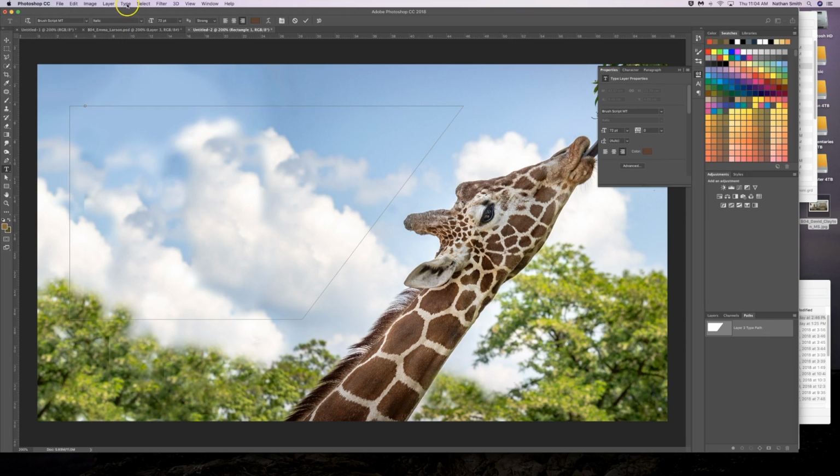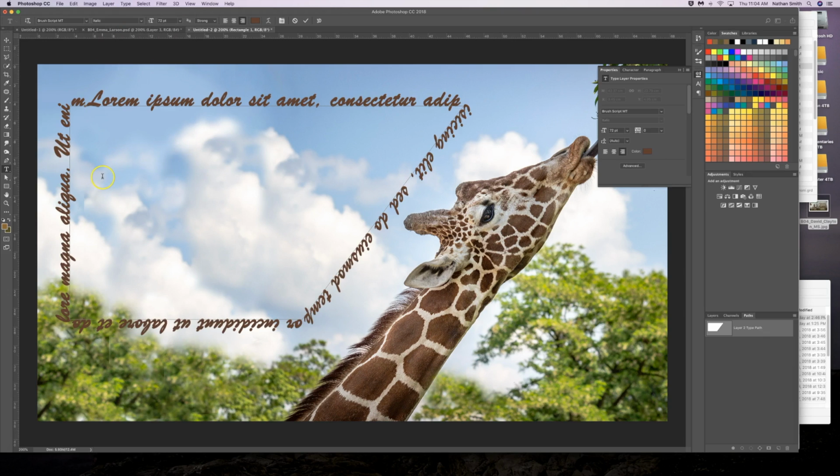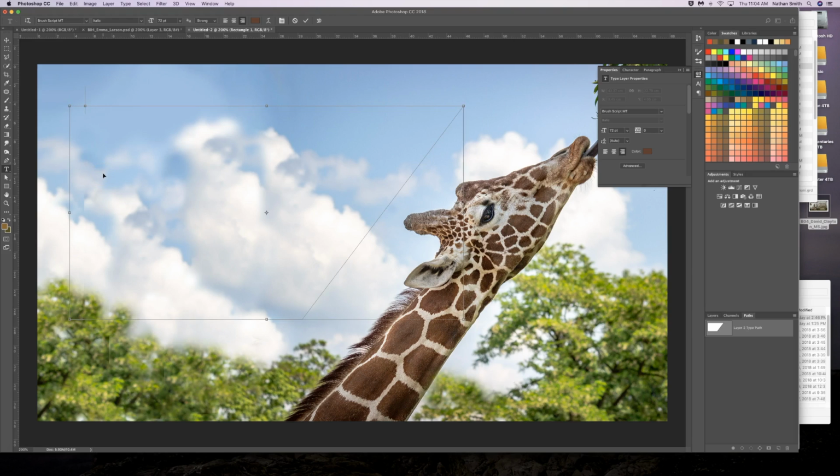So here I can come in, let me just paste some lorem ipsum into it, and it'll follow around that path. I'm going to undo that and escape. If I come on the inside of the shape, I can click, set my justification to the right side there,